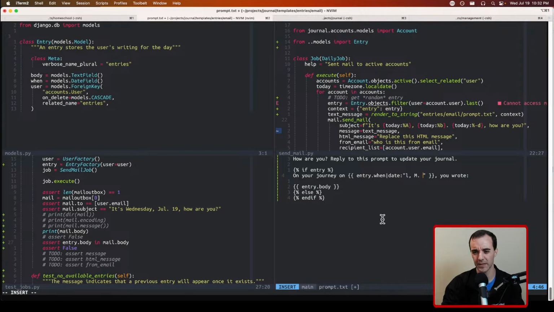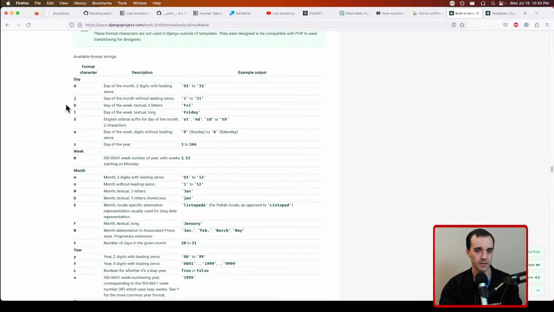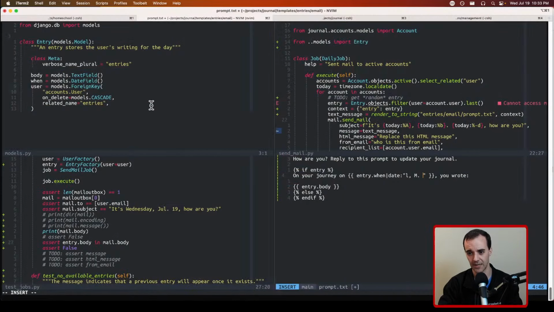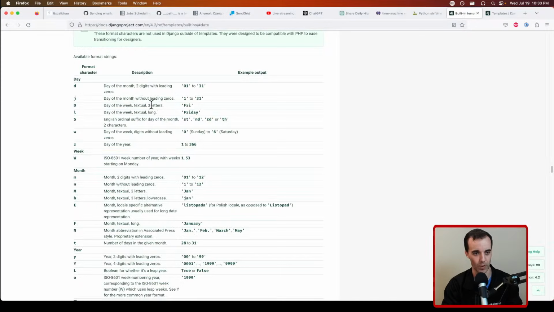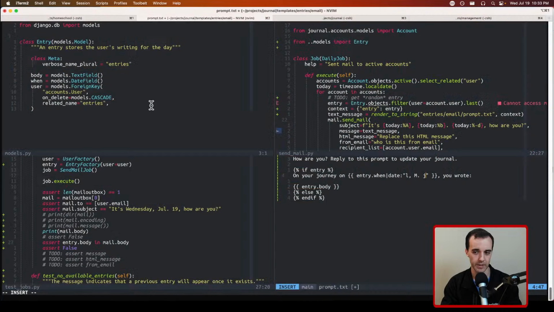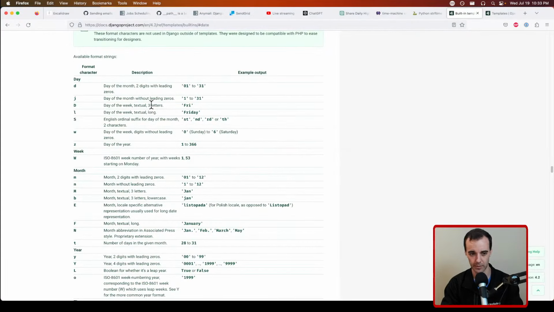So the way this works is the letters get replaced with their values, but anything that's not recognized by this pattern will just be output as is, which is why we can include the comma space and the dot space, all that stuff. So we've got month, and then we need date. We want it without the leading zeros, so with J. You can see it's totally different from the format string version of this. It's wacky. And then we want to end it with the year, which will probably be capital Y,